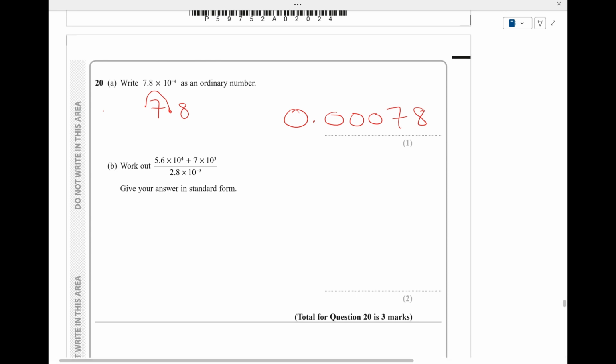Now this one, I would probably just do by putting it in my calculator, all at once. So use the fraction button, and then I've got 5.6 times 10 to the 4 plus 7 times 10 to the 3. I'm putting all that on the top of my fraction, and on the bottom, on the denominator, I've got 2.8 times 10 to the minus 3. Press equals, and I get